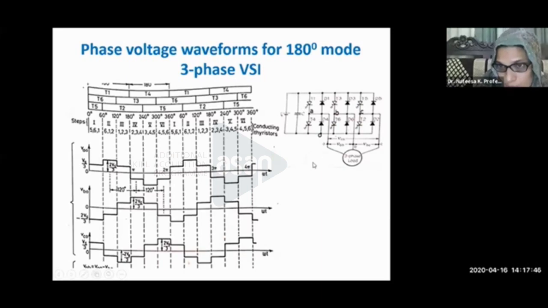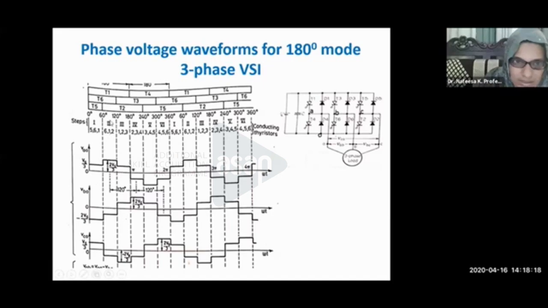So the A and C voltages, VAO and VCO, will be Vs by 3 and Vs by 3, and minus this, V, the bottom switch which is connected to the negative side of the supply is minus 2 Vs by 3. Minus 2 Vs by 3. So by totally adding these voltages, you will get the result.